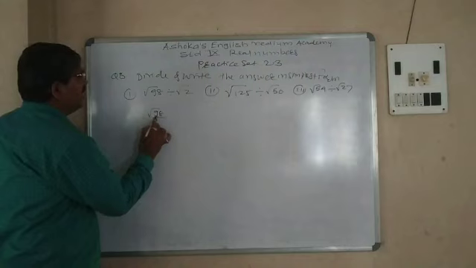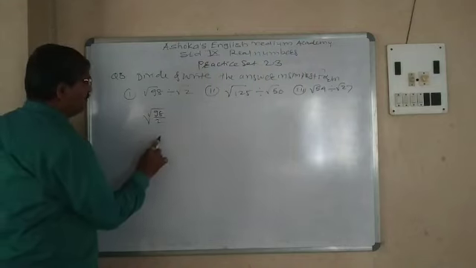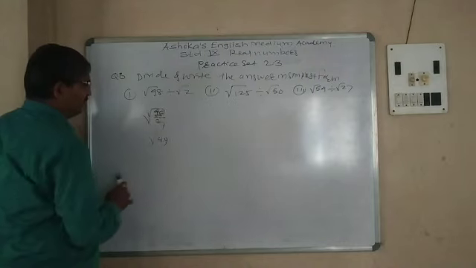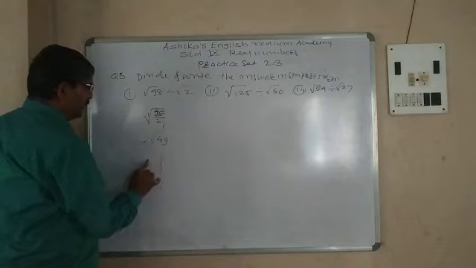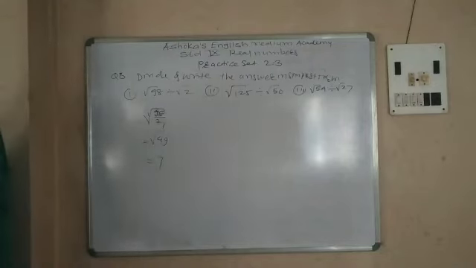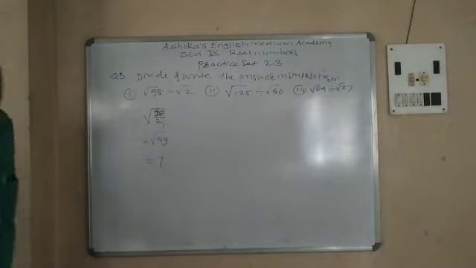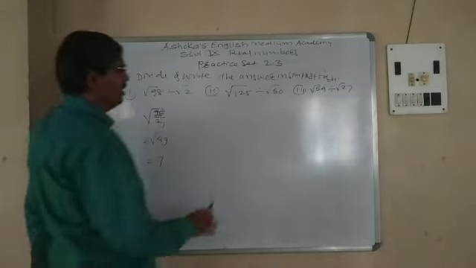Root 98 divided by root 2. What will happen? 49 will come, 2 1s are 2, 2 4s are 8, 1 remains, 2 9s are 18. So square root of 49 is 7. Finish. So simple, like a simple division. You must know the table only. Now here